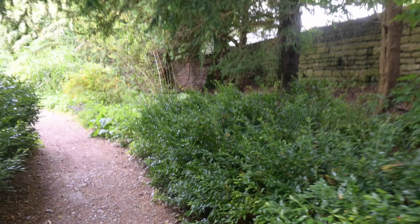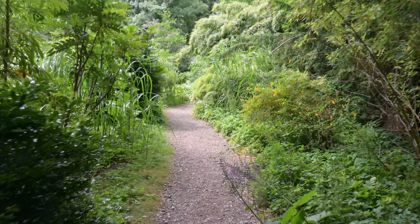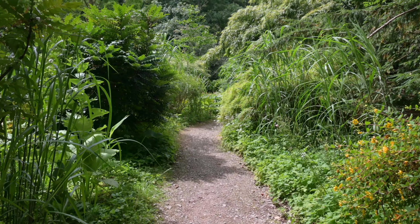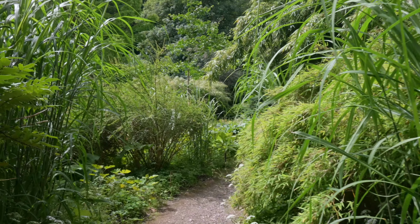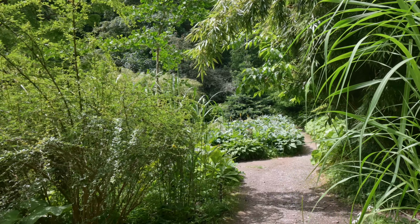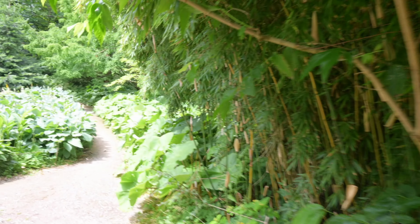Got, I think that's the winter sweet hedging on the right hand side there, and on the left. As we move further through, we start to see some more unusual plants. We've got the large grasses both sides, which you've probably seen in my garden, Miscanthus here. Nice tall grasses, and now the sun's out. Beautiful, perfect timing as we go around this corner. Got another bamboo here, and then